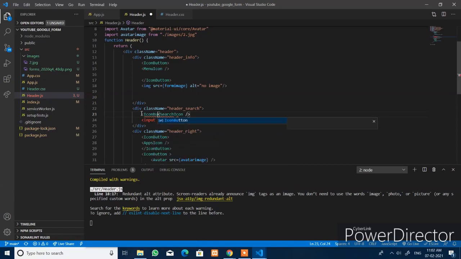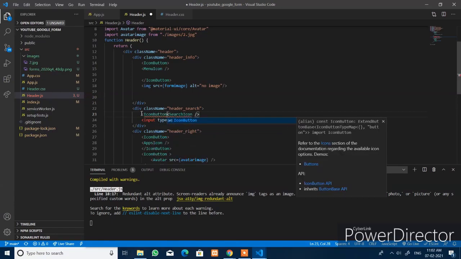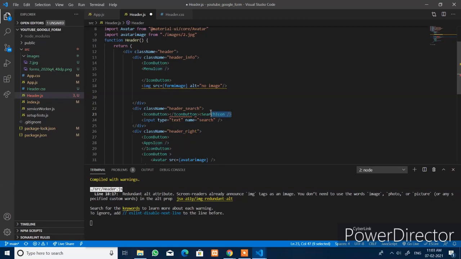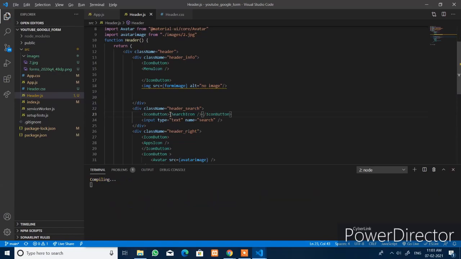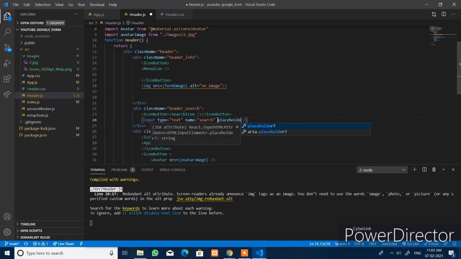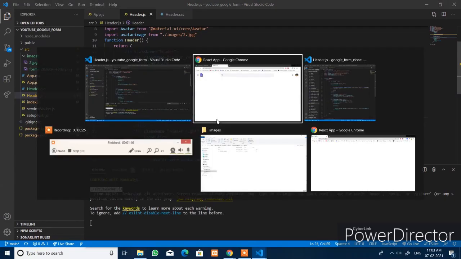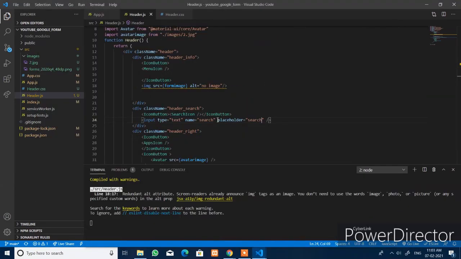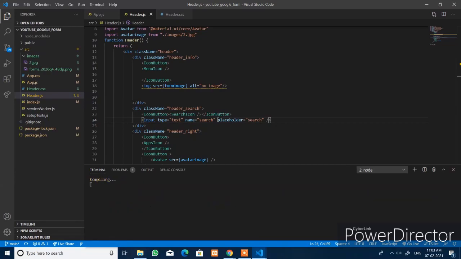Icon button. And save it. Open the browser. The search button and the input element. Placeholder attribute has search. Save it.